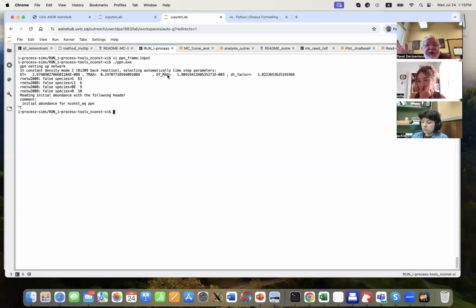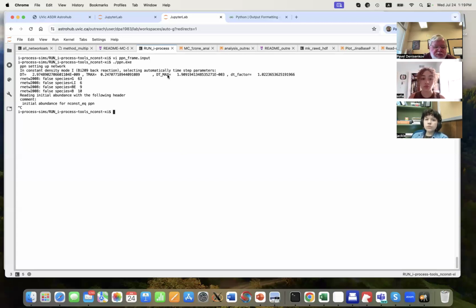For instance, in our case, Andrea experimentally constrained new rates for neutron capture reactions on molybdenum 102 and molybdenum 103 isotopes, right?